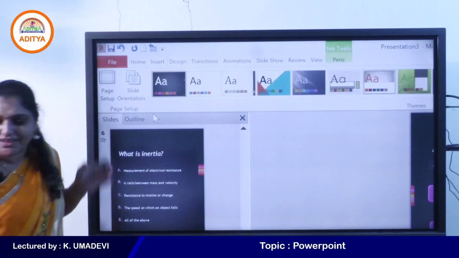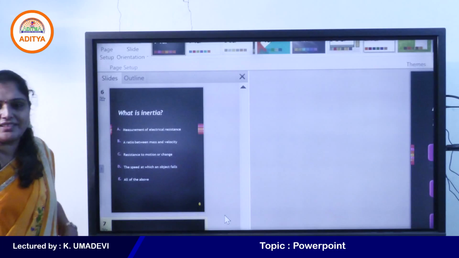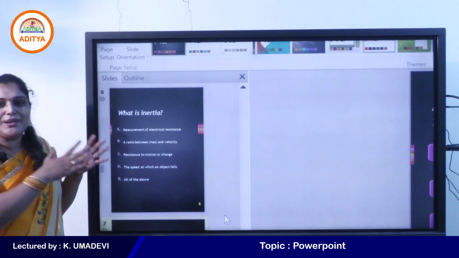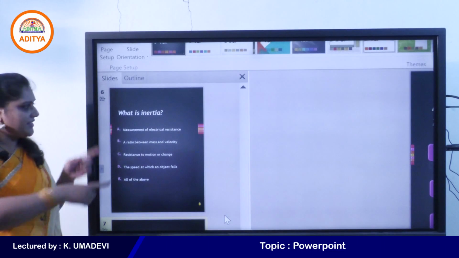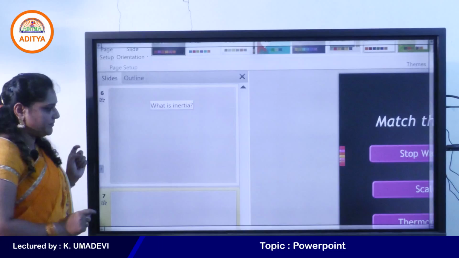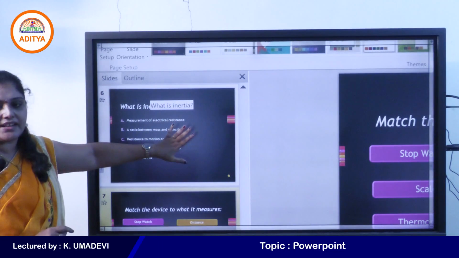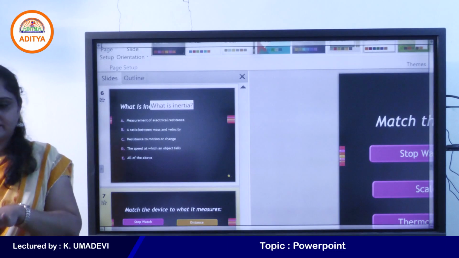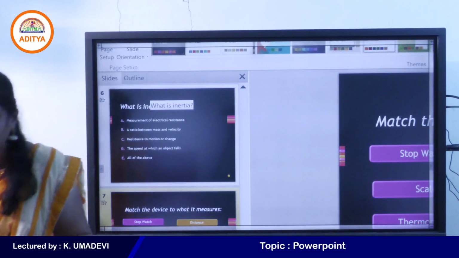Now the slide appears in a portrait orientation, right? See, this is portrait, like a page in a document. It looks like a normal page in a document. Okay, this is slide orientation. Again, click on slide orientation and select landscape. The default direction is landscape. Is it clear? So, did you observe the changes between portrait and landscape? Clear?